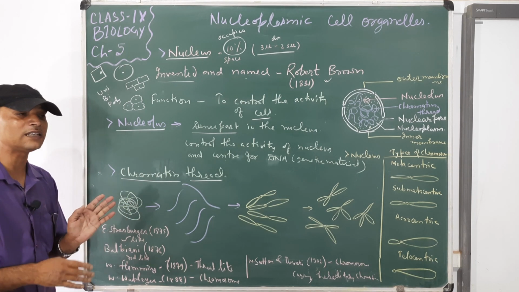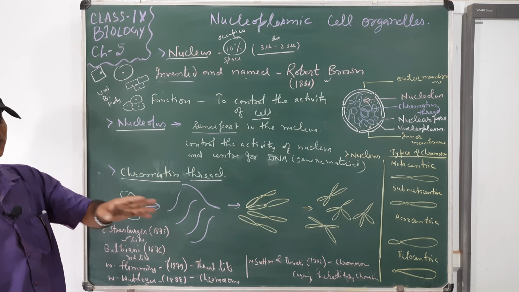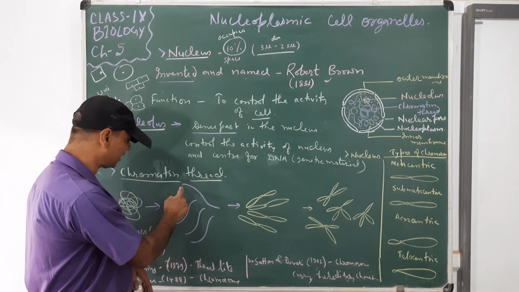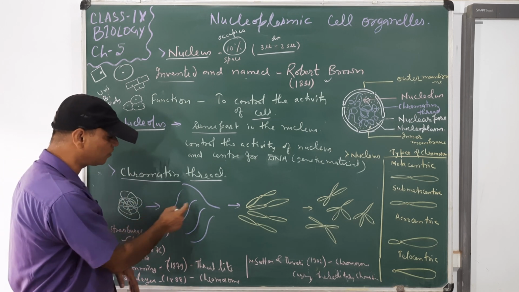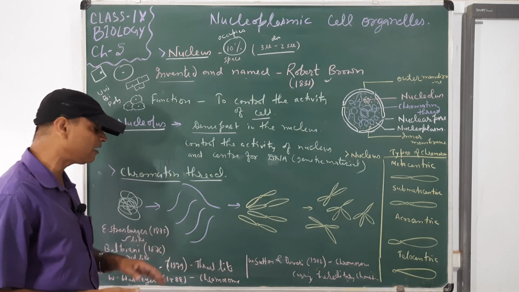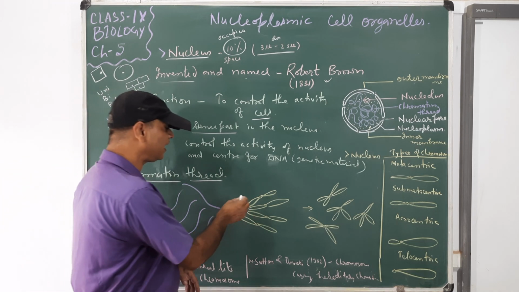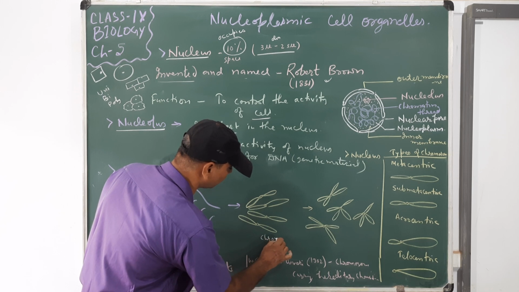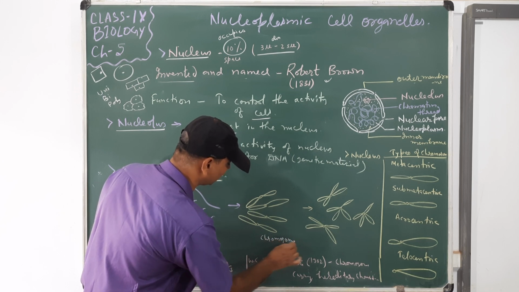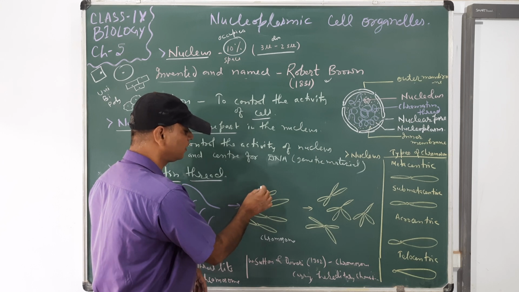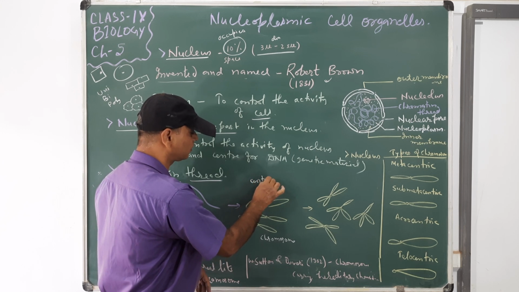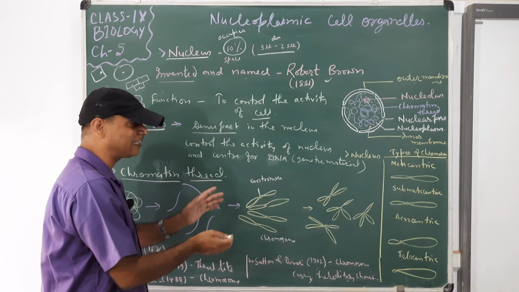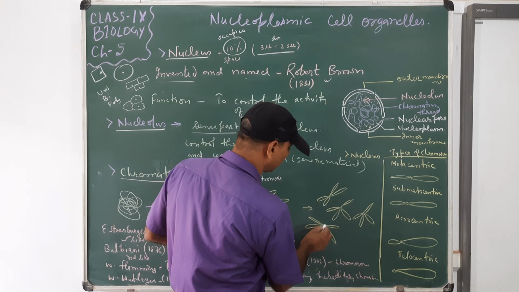In the interphase, when the cell takes rest, the chromatin thread is of this type. When it is going to divide, meaning prophase, metaphase, anaphase, telophase come, what happens? The thread becomes smaller, small thread-like structures are formed. After that they thicken and make the chromosome. This is the chromosome. In the chromosome the middle part is the centromere. Because of the centromere, the chromosome divides again into two, which are called chromatids.